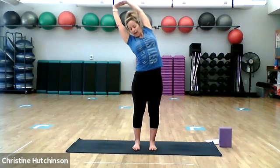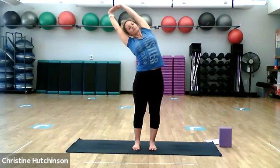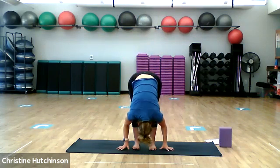Just a little bit. See if you can take that left shoulder back a little bit. Coming back through your center, reach up and over to your left. Press your feet down. Roll the right shoulder back. Inhale, coming back up. Release your arms, swan dive. Gently come back down. Nod your head